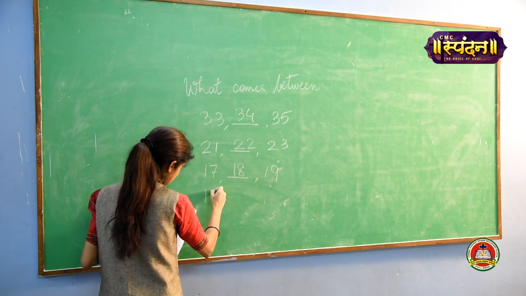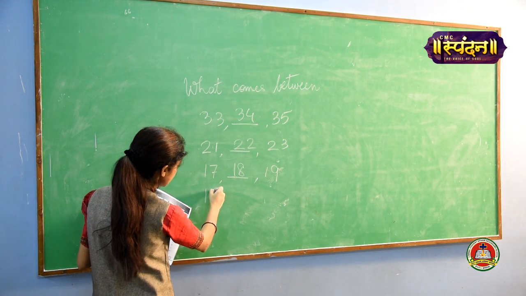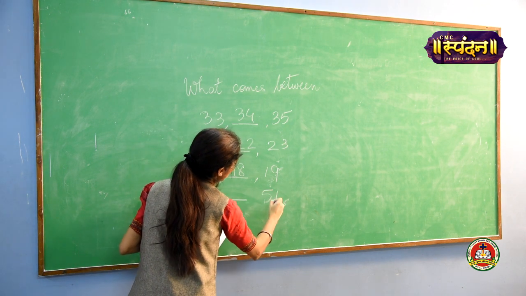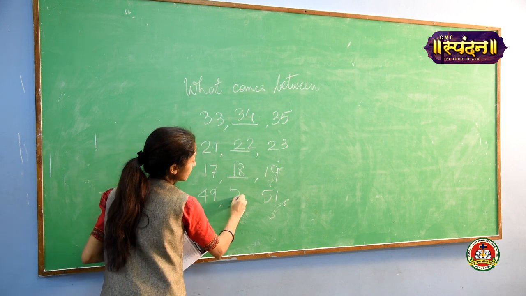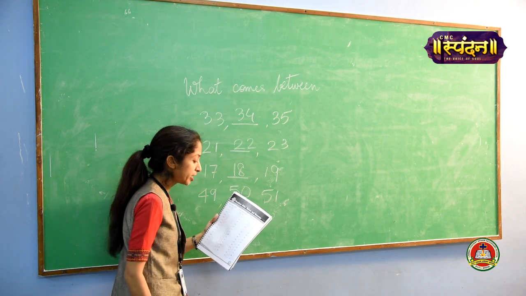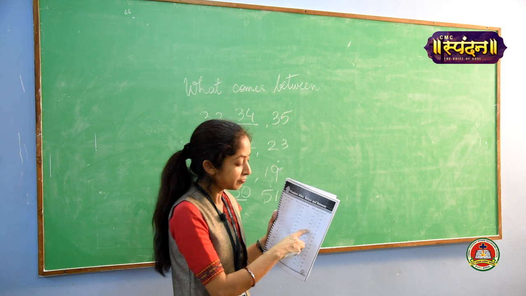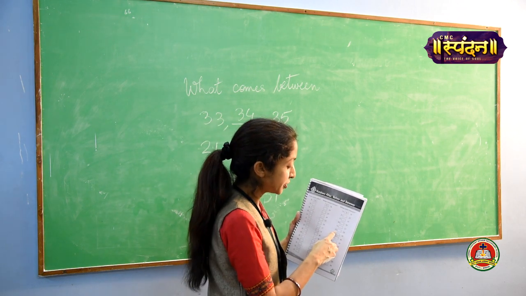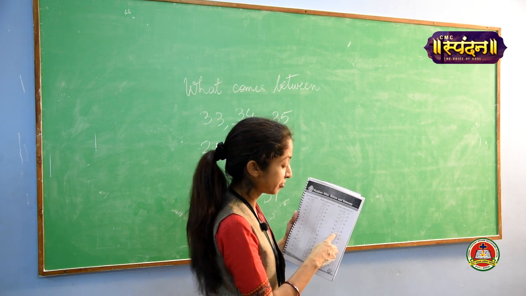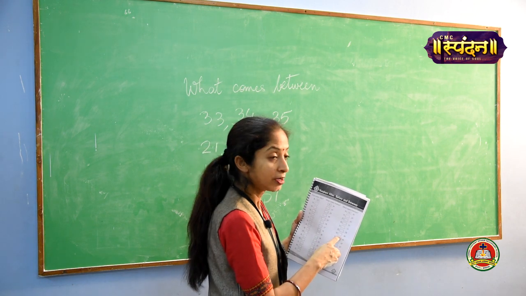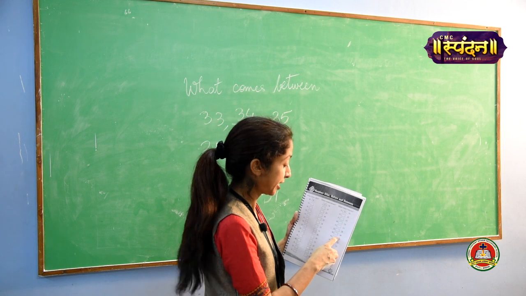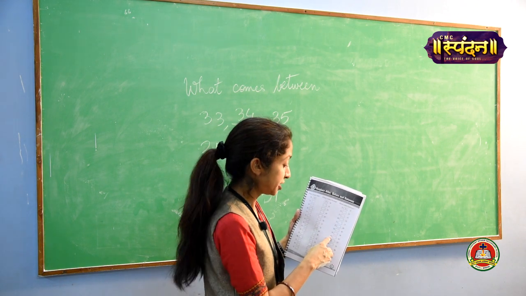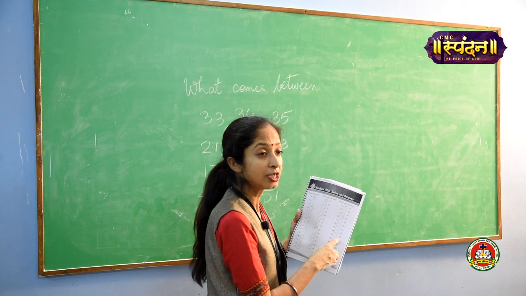Now, if it is 49, 51. What comes after 49? It is just the number 50. Okay. Similarly, 11-13 it will be 12, 22-24 it will be 23, 38-40 it will be 39, 44-46 it will be 45, 40-42 it will be 41,